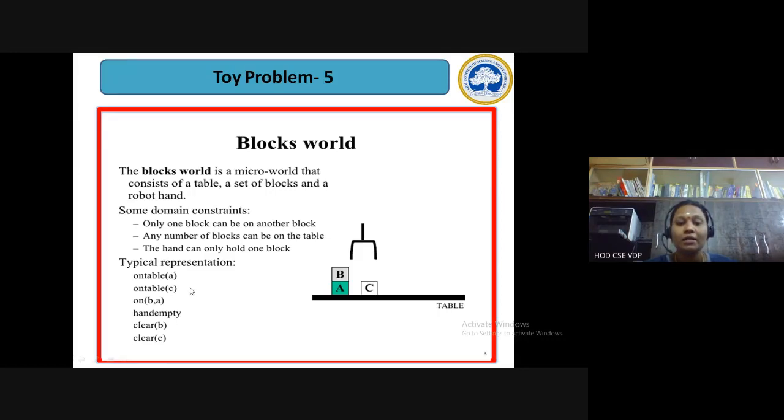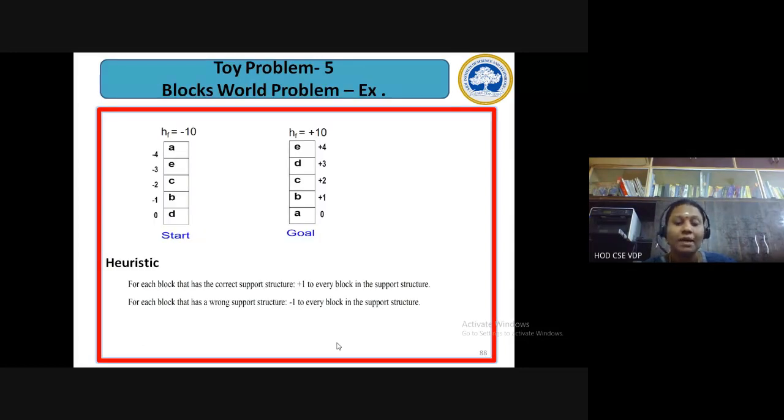Similar to our production rules, you'll be having the representations. And usually in STRIPS, we'll be seeing three things. One thing we call a precondition. Then the second thing is what we call an action. The third one is called a postcondition. So as a result of the action, the precondition gets converted into a postcondition, right? So for example, we'll see how this happens.